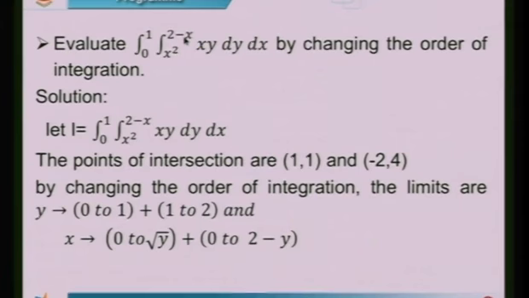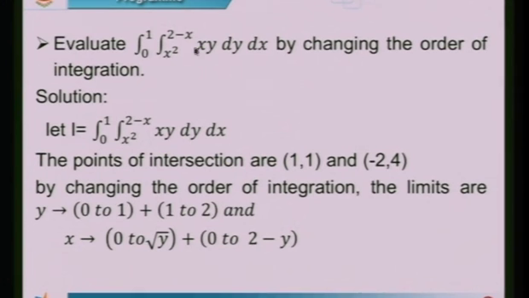integration, it is not a casual change. Here it is dy dx. You cannot simply write this whole integral as equal to the same value with dx here and then dy here, but you have to draw the rough sketch of the figure for this and the figure for this. The intersected part you have to show by the shaded area between these two curves which